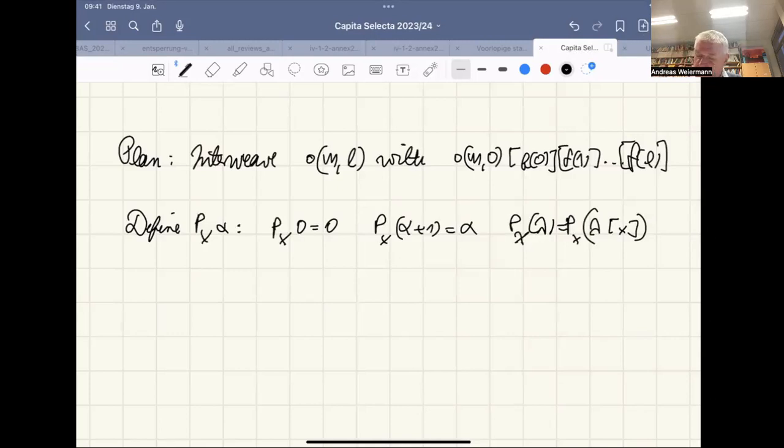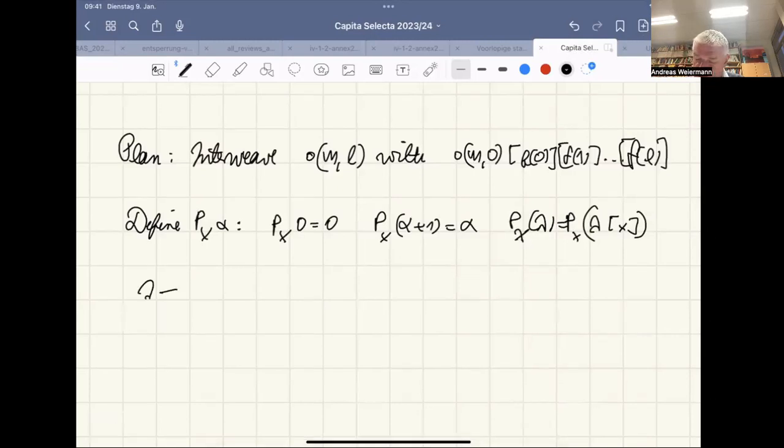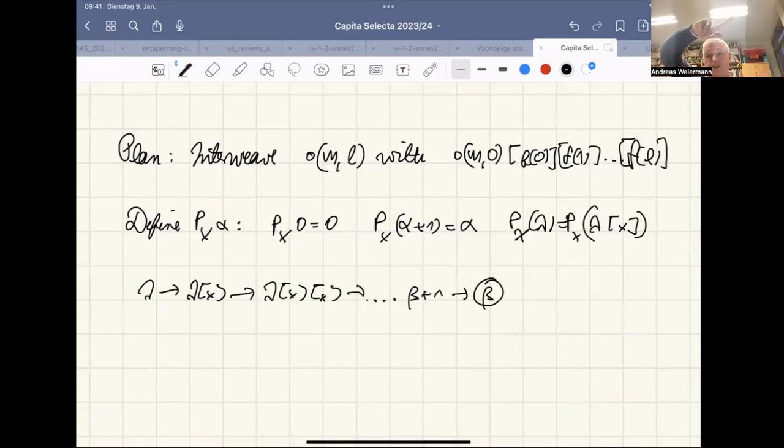Well, this means we take a lambda, step down to lambda x, step down to lambda x of x, until we hit some number beta plus 1, and then we give output beta. So we step down in the fundamental sequence until we hit the successor, and then we go to the predecessor. Okay. Now in a minute I will explain where it is necessary. The next lemma